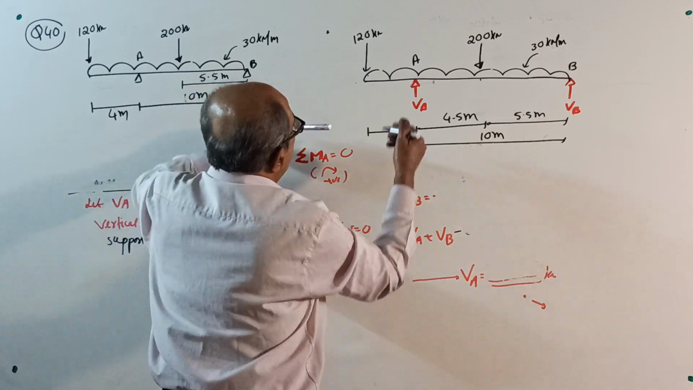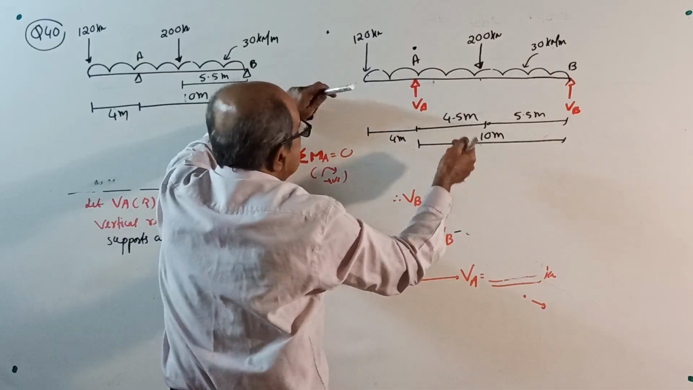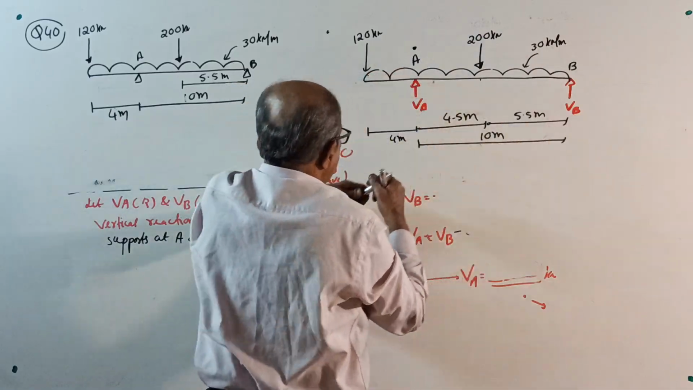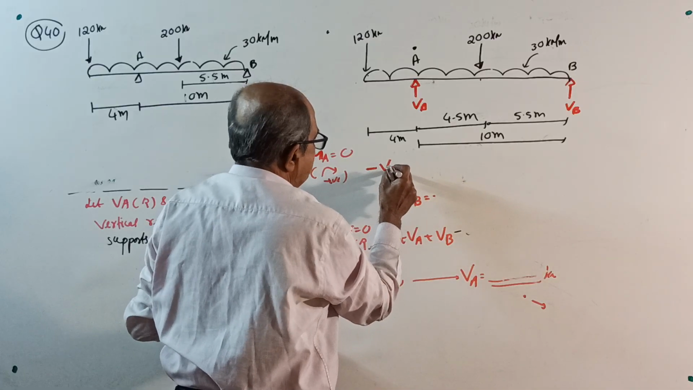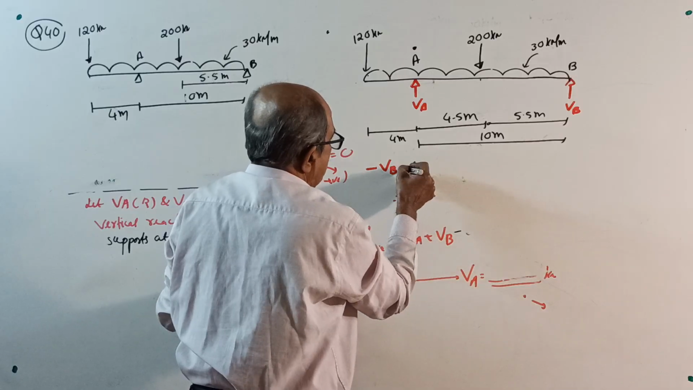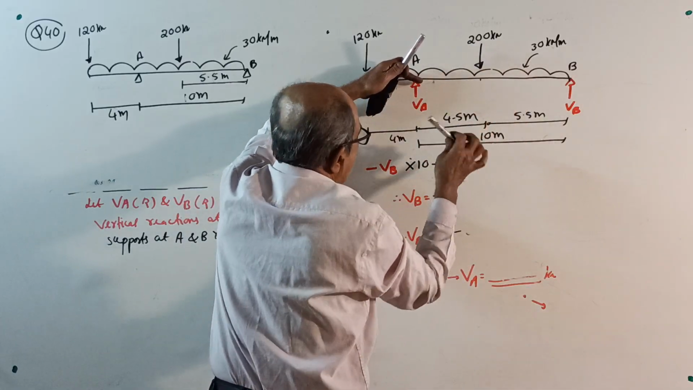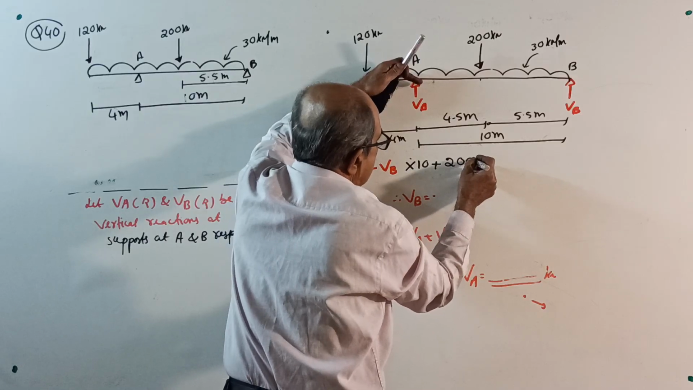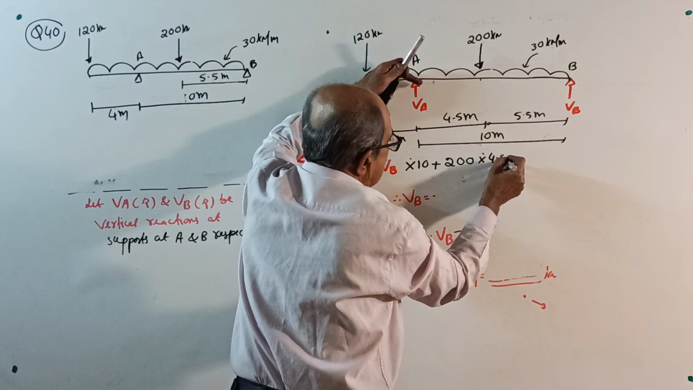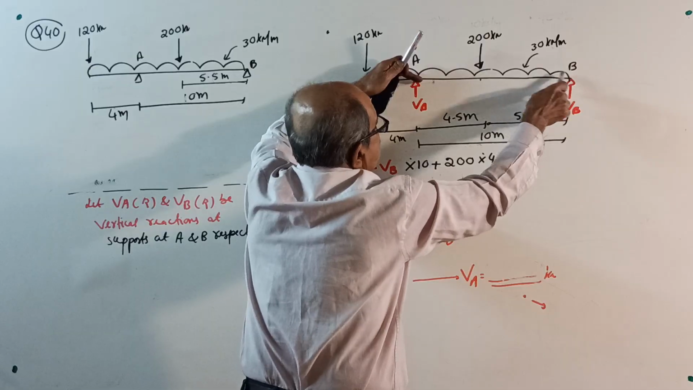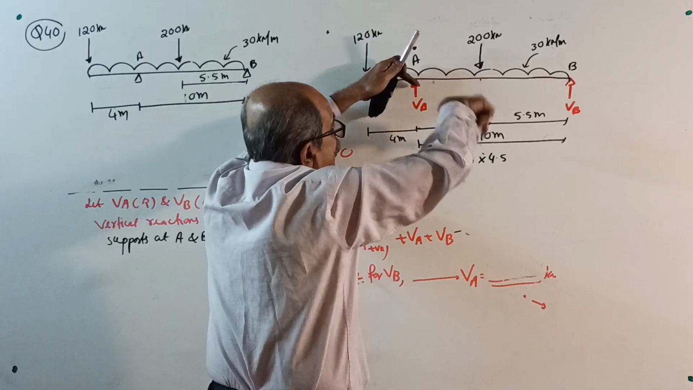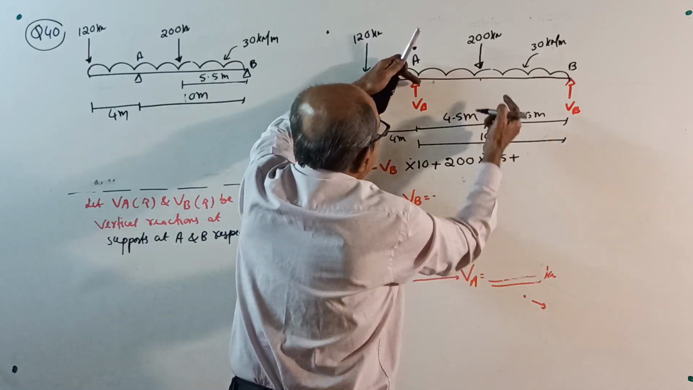Anything missing? No. Take moment about A. Minus VB into 10. I am solving in front of you only. Minus VB into 10 plus 200 into 4.5 plus, see, this UDL will produce clockwise moment. That is, separately consider